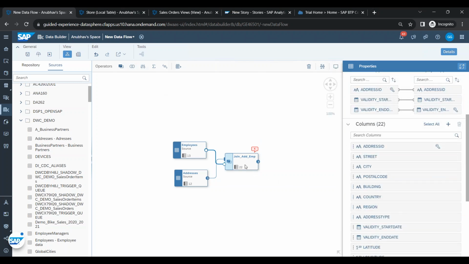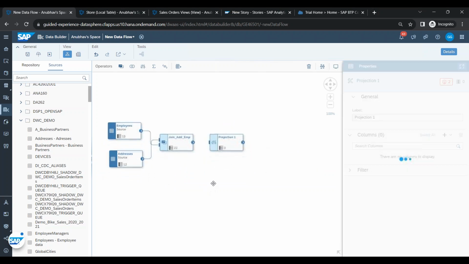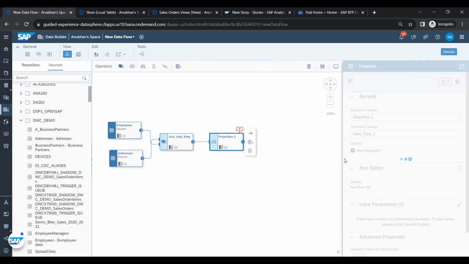And now after the join, we can add the next node to create a projection. So in order to minimize the volume of data transfer coming from HANA, we can create a projection. So the system will only select the few properties which we truly need to store in DataSphere. Suppose a source table contains 300 columns. Our requirement in DataSphere is to not store all 300 columns. For analysis, our requirement is to just store a few of them. Yeah. So we can add a projection over there. So we go to projection,